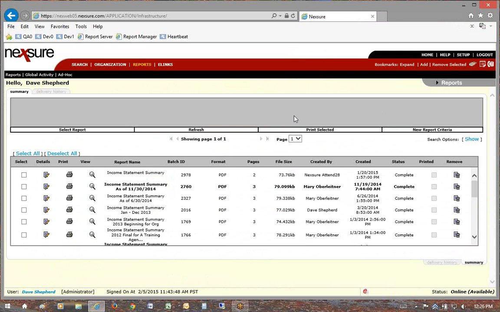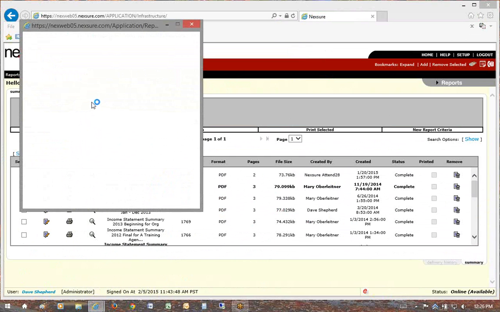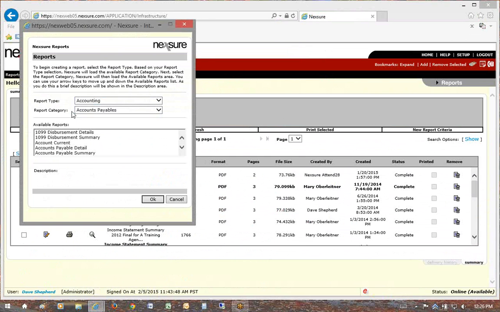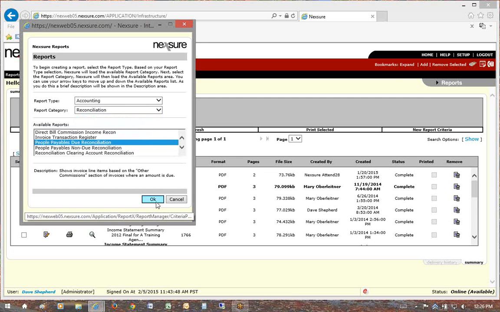Let's go ahead and work through that process. Now, there is a report you can run to see what commissions are due to them. While we're here, I might as well run that report also. The report category for commissions, it's actually a reconciliation report because you're reconciling what's due to them. And it's called People Payables Due Reconciliation. So if you pick that one,